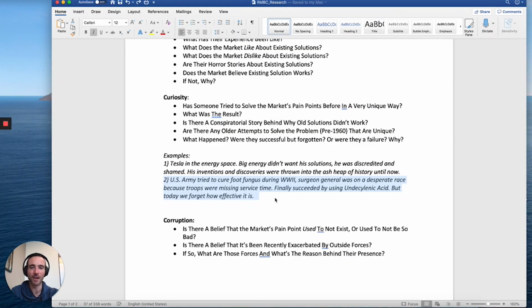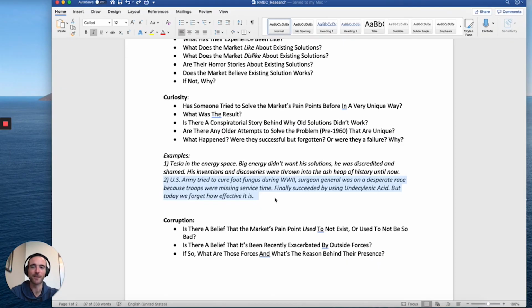And they tested a bunch of stuff, and there's a whole great story there. Basically they finally succeeded by using a product called undecylenic acid, which is effective and clinically shown and FDA cleared to say that it basically cures or treats foot fungus and stuff like that, and it made a huge difference. So by finding that story, I could, if I'm writing a foot fungus product, a topical of undecylenic acid,